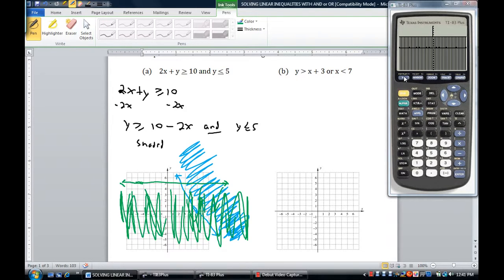Now watch this. Since it's an and, it's where they overlap. What I can do is just go back to y1, go to the equal sign, hit enter, it turns it back on. You see that both now are shaded or darkened. If I hit graph,